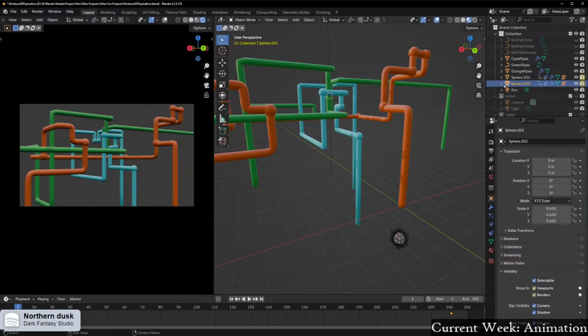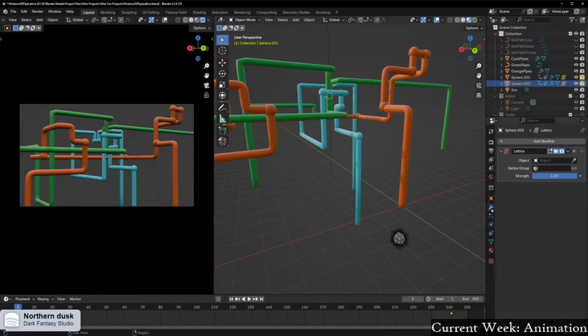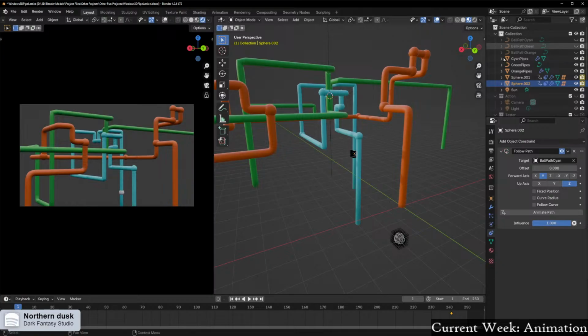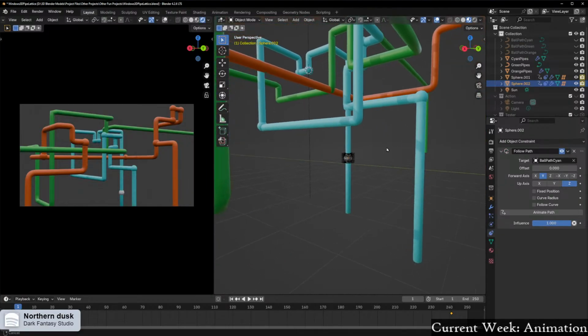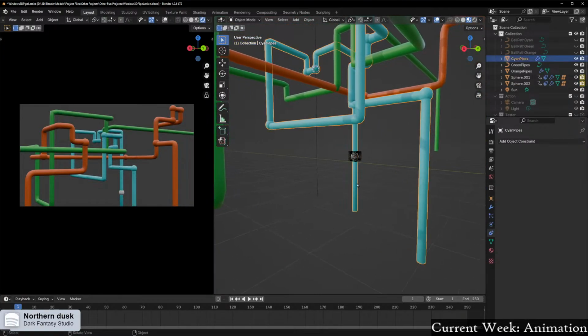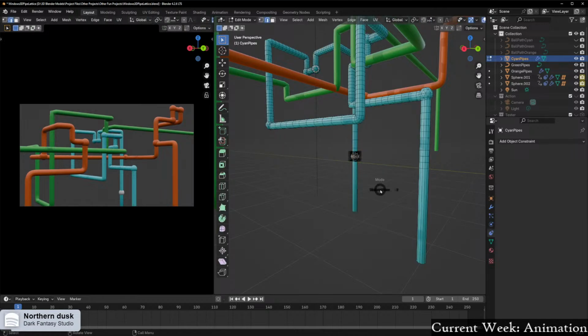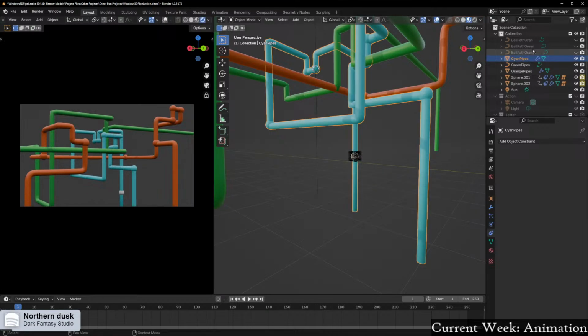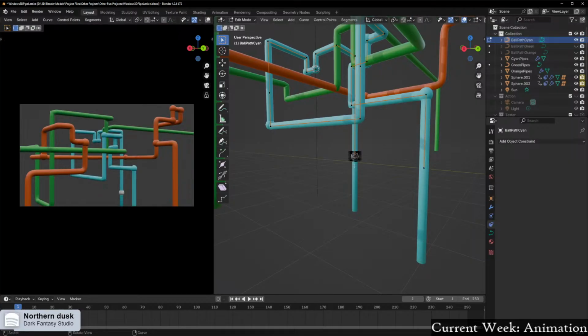And then sphere 2, I want the constraint to be locked to ball path cyan instead. And now this one, I also want to make sure that ball path cyan has a pretty decent start off, so